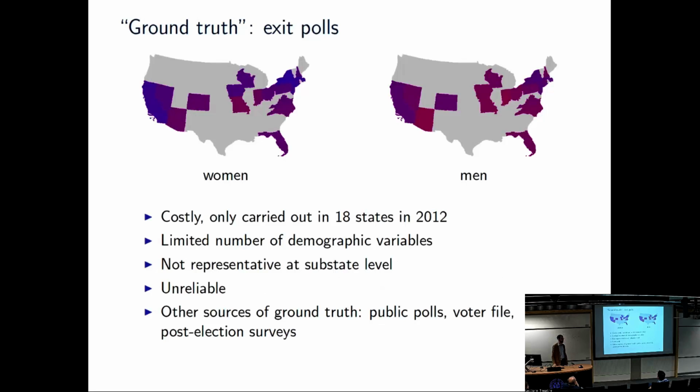Okay, so what is ground truth? I put this in quotes. I think it needs even more quotes now that I've learned more about how these exit polls work. In the United States in 2012, large media organizations together were only able to afford to pay Edison Research, a polling firm, to do exit polls in 18 states and nationally representative. And that means doing them at such a scale that they could make claims that were state representative in 18 states.